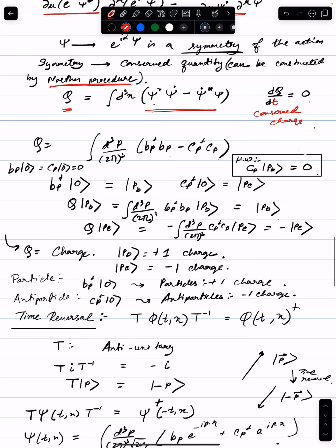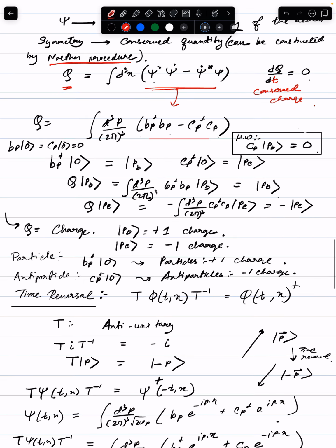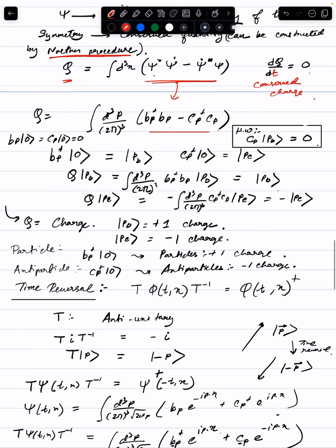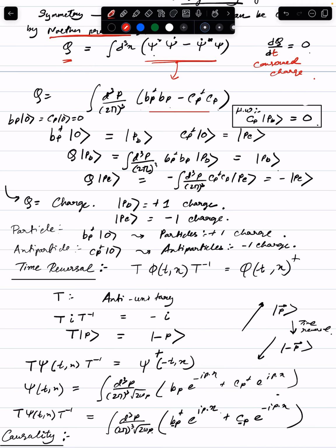Okay. So again, if you make those substitutions in terms of the dagger operators and so on, you will finally get this charge in terms of the creation annihilation operators, and it will look like this: Bp dagger Bp minus Cp dagger Cp. Okay. And now what we can show is that if I take the action of this operator Q on a state which